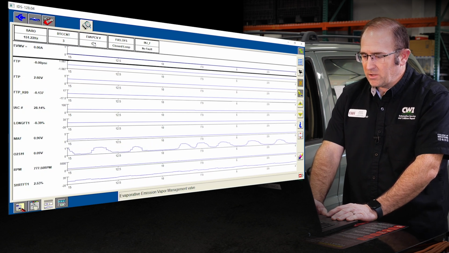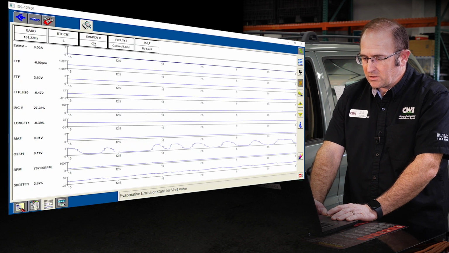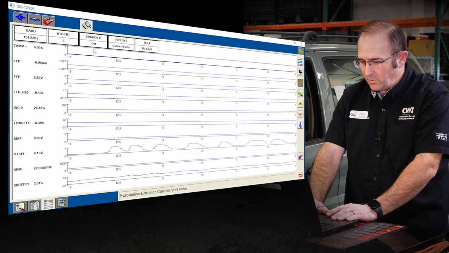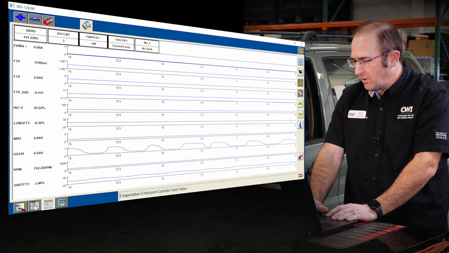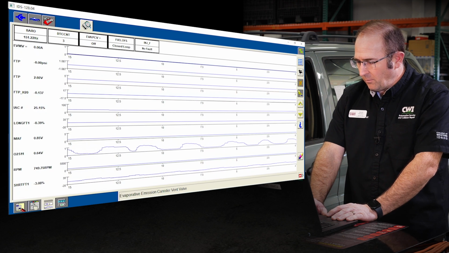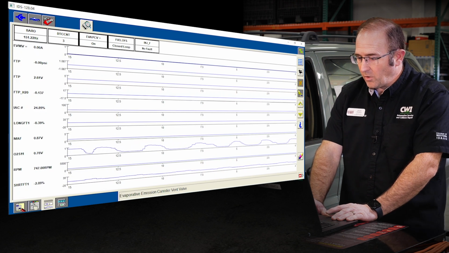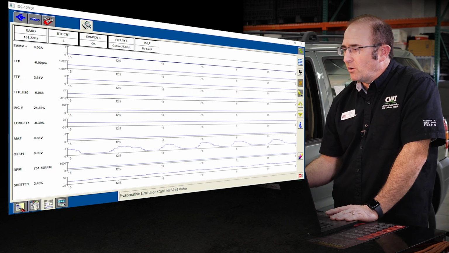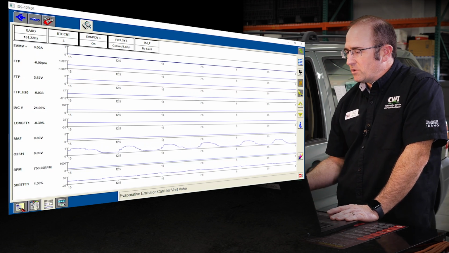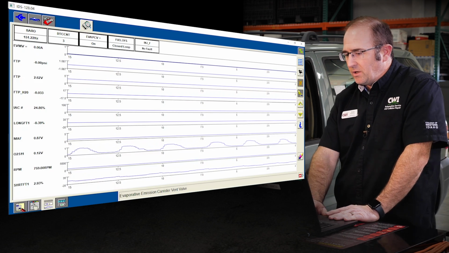Now I'm going to come over to the canister vent, the Evaps canister vent valve. I'm going to select that. Once it's highlighted black, that's going to tell me I have control. I'm going to click the blue button again, and I'm going to command that on. So now that valve is closed. The canister vent valve is normally open to atmosphere. Now I have closed it, so the system is isolated to atmosphere,